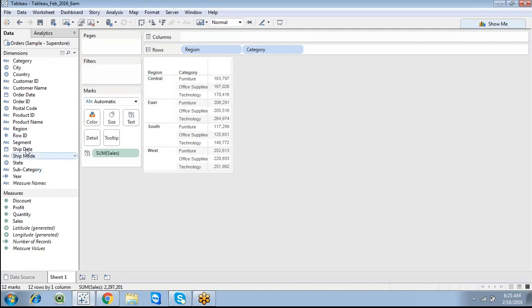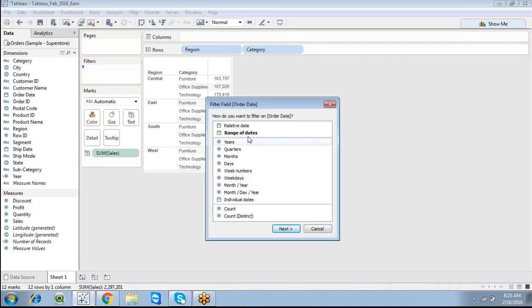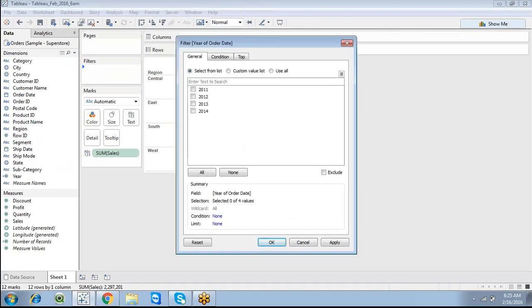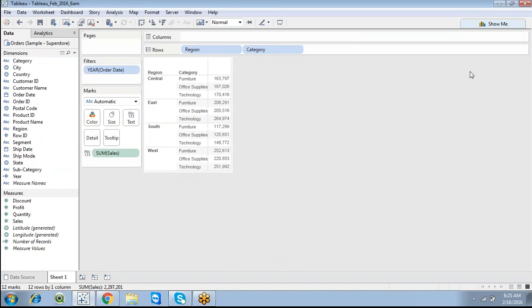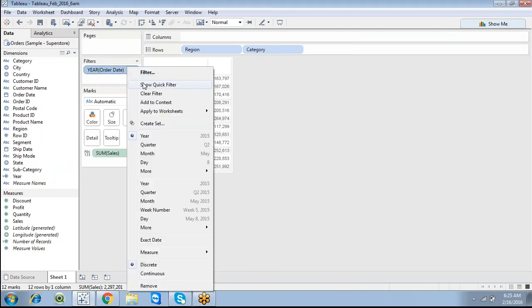I want to use some filter condition based on a date. Drag and drop order date here. If you want to filter year wise, click on year. Now you can select some of the years and work on them. Click OK and right click on the filter, show quick filter.